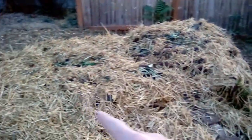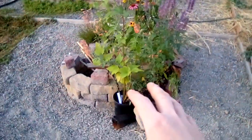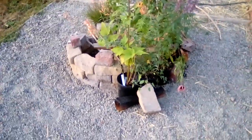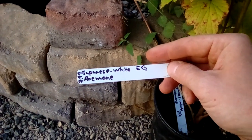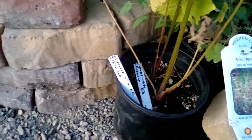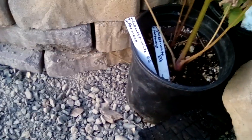We're prepping this to be a pollinator section, so we'll have a lot of perennial flowers, edible flowers, teas, medicinal uses. This is the first selection of plants we recently got. What do we have here? A Japanese white anemone. Apricot sunshine. So most of these are full sun,